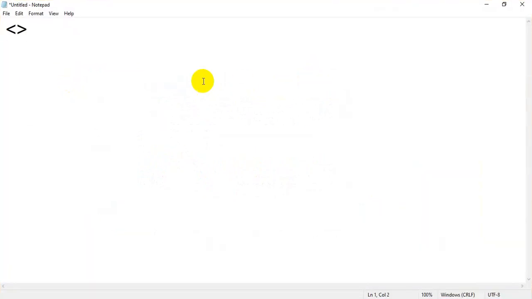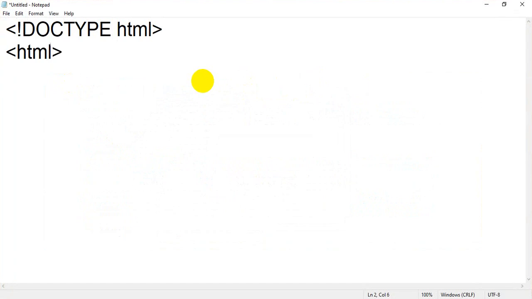That is doctype HTML. I will start my HTML page by using the HTML opening tag and the HTML closing tag. This is my basic tag which is required in the creation of any HTML page. On top I will take the head tag, and after that the closing head tag.